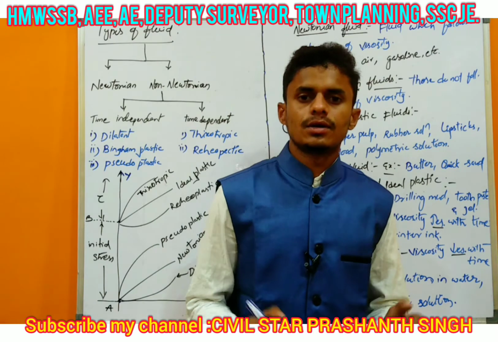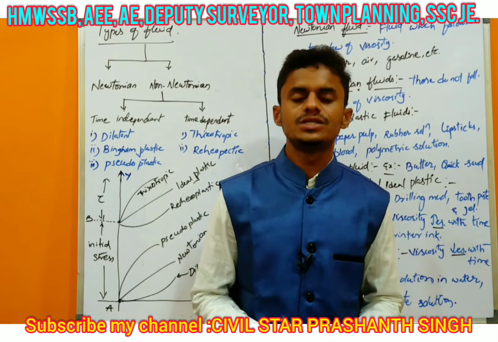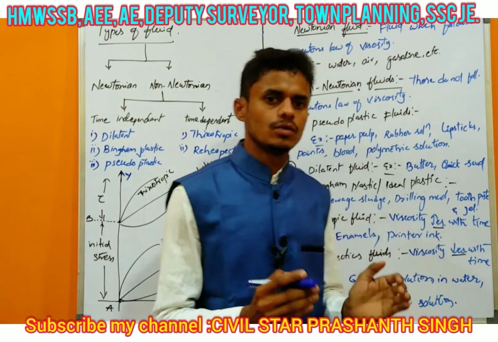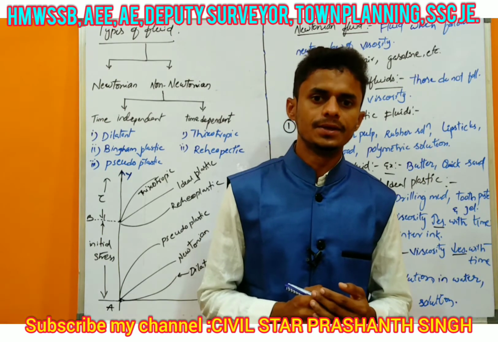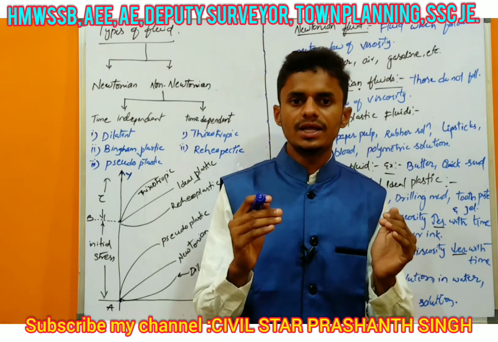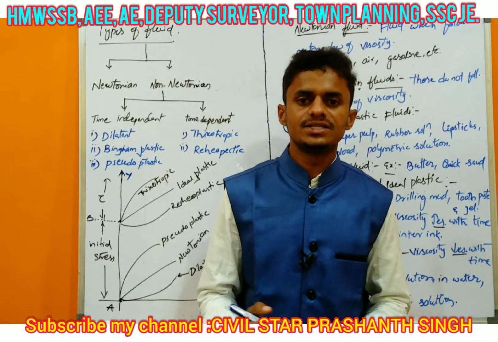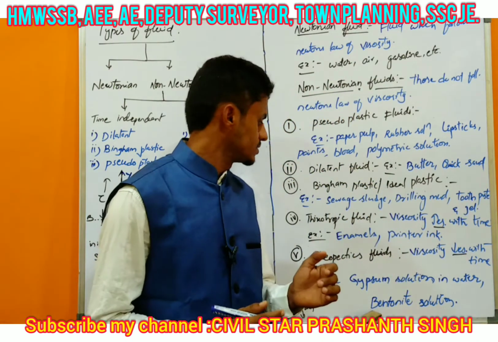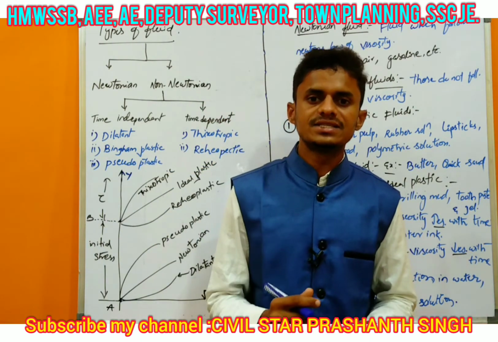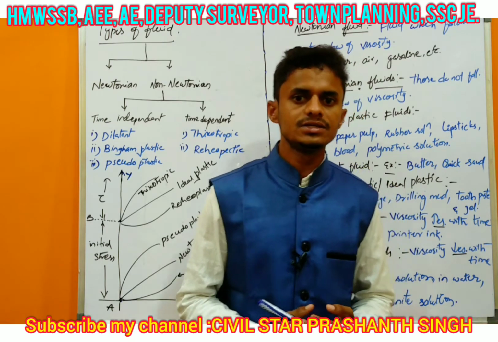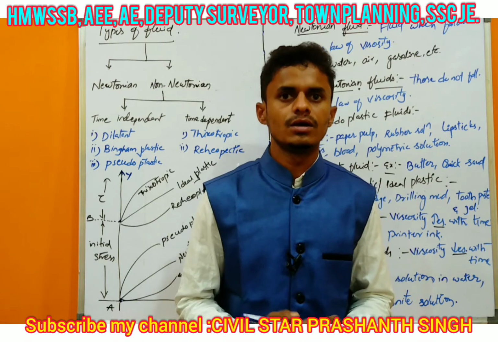Next one is capillary rise. In the capillary rise we have three major points. First one is the formula: 4 sigma cos theta by rho g into d. Next, capillary action occurs due to both cohesion and adhesion. The next point is the diameter of the capillary tube is less than 3 centimeter. These three basic important things are asked in previous examinations.